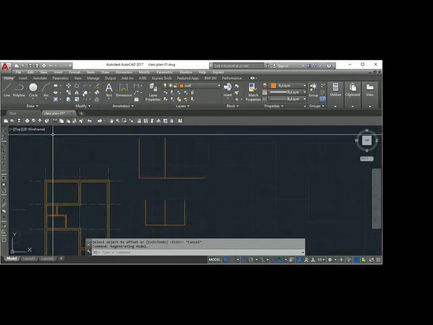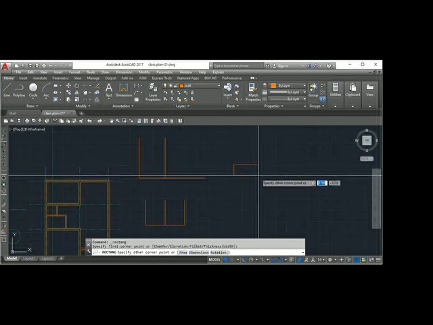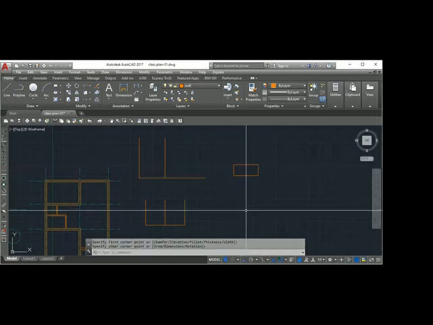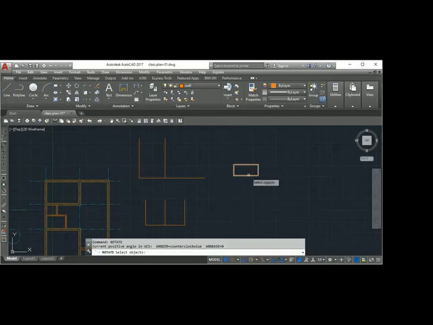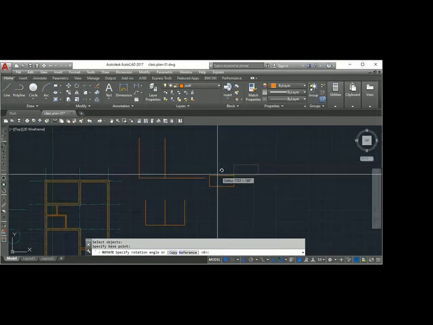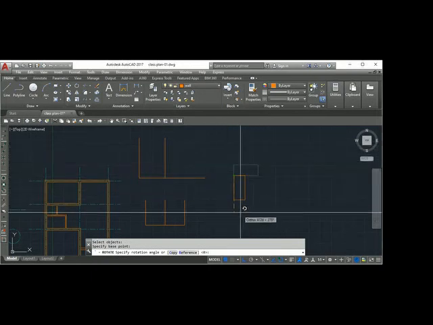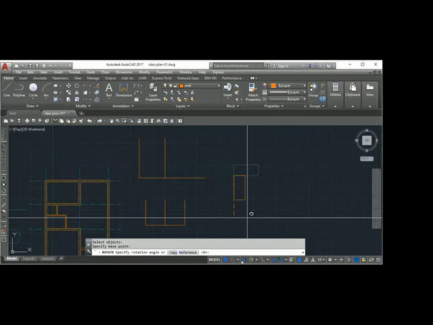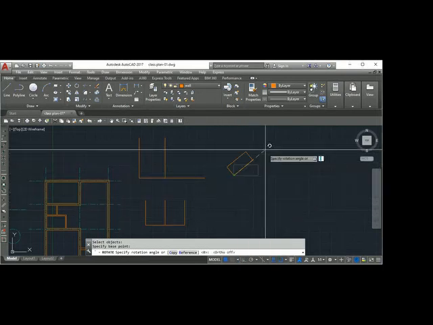When I have an object, if a rectangle here, and you want to rotate, last time I explained, you rotate and select the base point, and ortho is on. You see, ortho is on. You can rotate only 90 degrees. If ortho is off, you can rotate any angle.